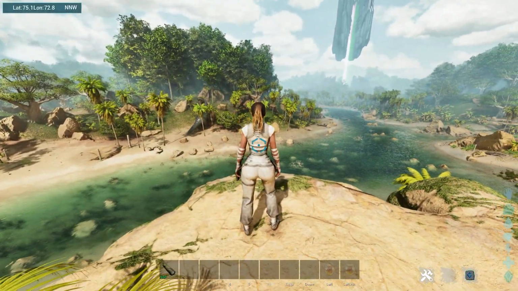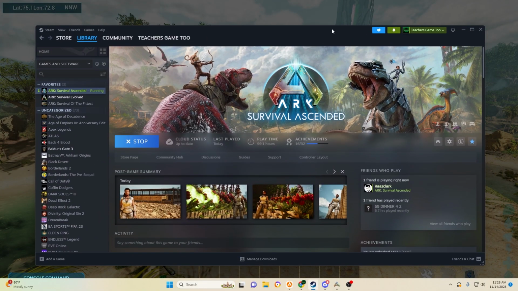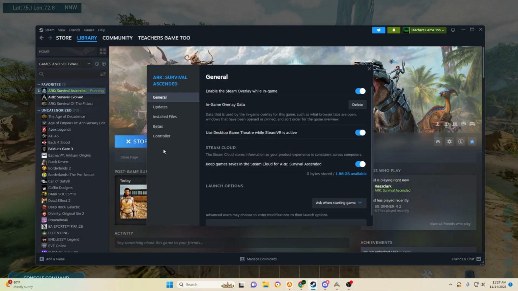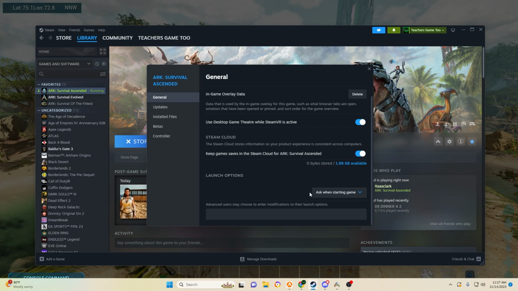It's actually really easy. I'm going to hit escape, and bring my Steam window over here just so you can see it. Right here, you go into your Ark Survival Ascended in your Steam library. You right click, go to properties, and then in general, you're going to scroll down to the bottom and you're going to see launch options, right? You can see that it says things like ask when starting the game. You don't have to do that, but right underneath that, advanced users may choose to enter modifications to their launch options. Now what I'm going to do is put minus